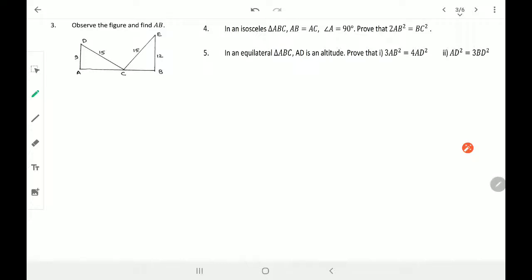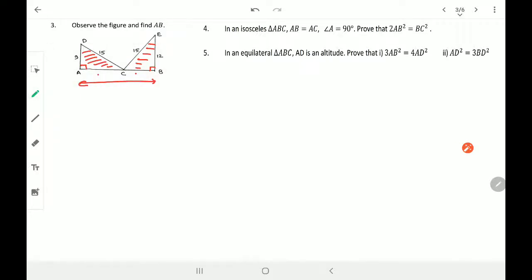So here we have question number 3, where this angle is 90, which was not given, so I am just giving you. Understand, I have to find AB. AB I have to find, that means it's very clear, I have to find AC first, then BC. Can you find AC using this triangle? Yes. And can you find BC using this triangle? Correct. So I'll just do that.